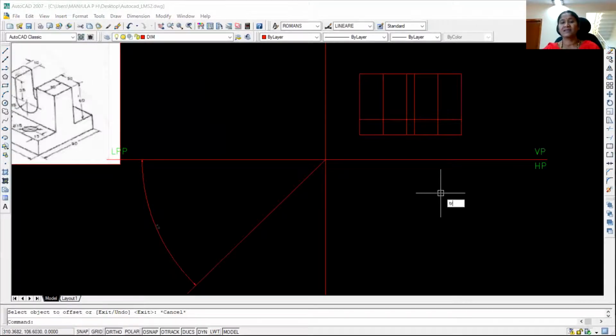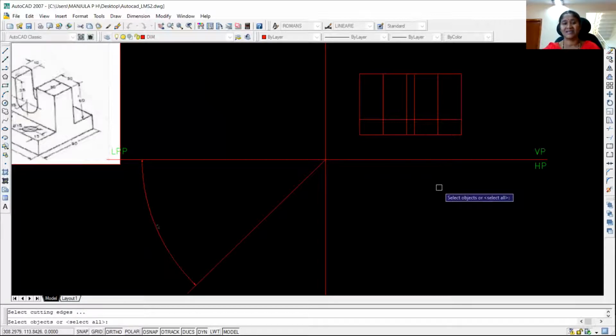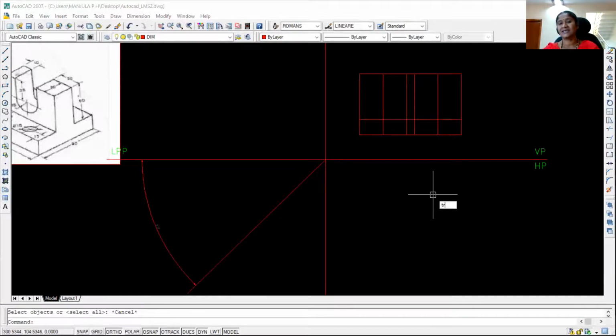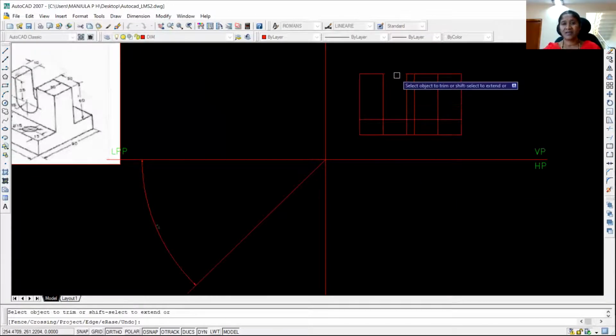First, I'm going to trim the lines that are not required. So for that, make use of the trim command. What is the trim command? TR, enter, enter. Now you trim the lines that are not required. Sorry. So before trimming,